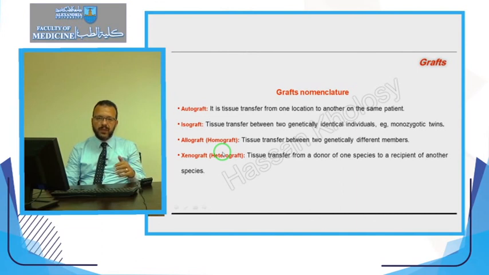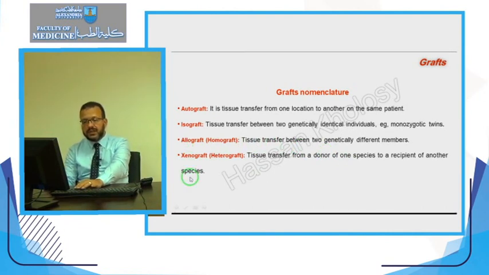They were used more in the past. They are not used much nowadays. They were used for extensive cases of burns, so you can get skin from another individual and cover this extensive burn in another individual in order to optimize the general condition of the patient, because we all know that these grafts, if they are not HLA matched together, will not be accepted or will be rejected later on due to an immunological process. And sometimes there is skin graft harvested from animals, especially pigs, and transferred to human beings.